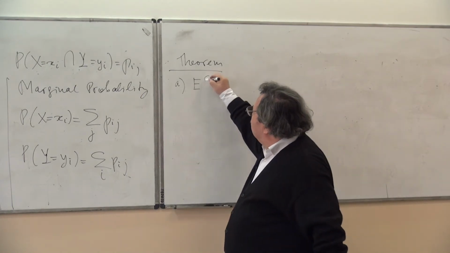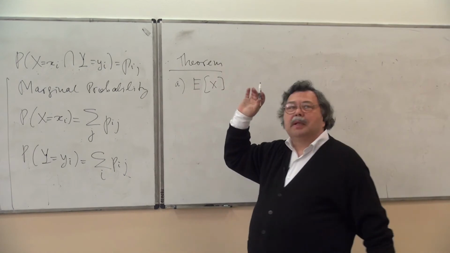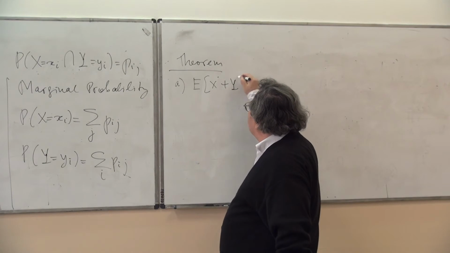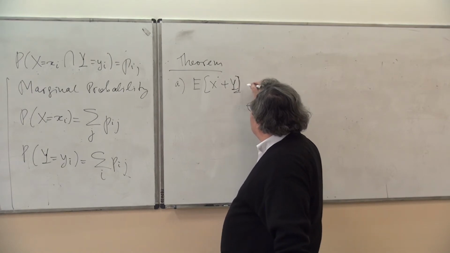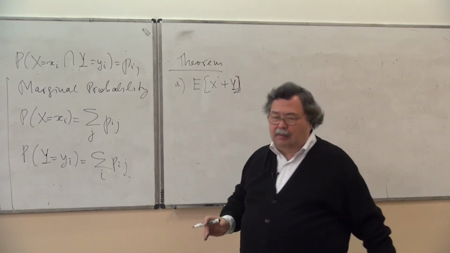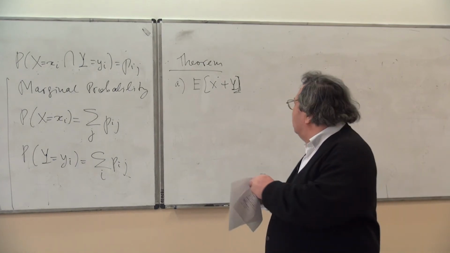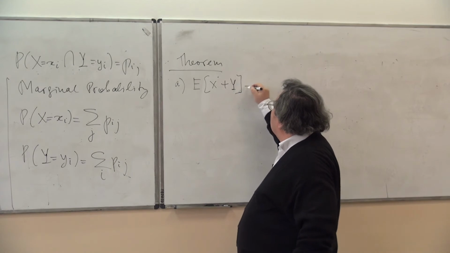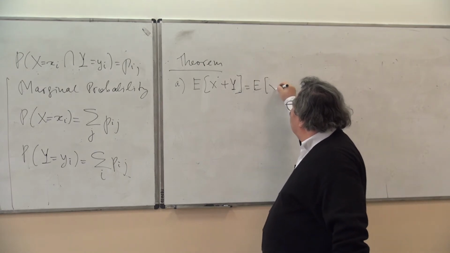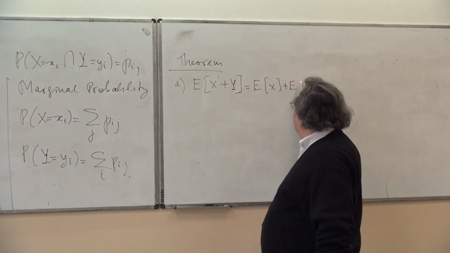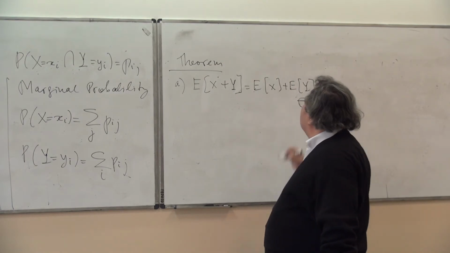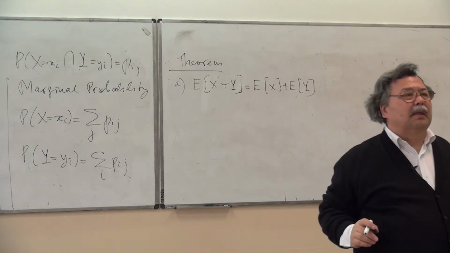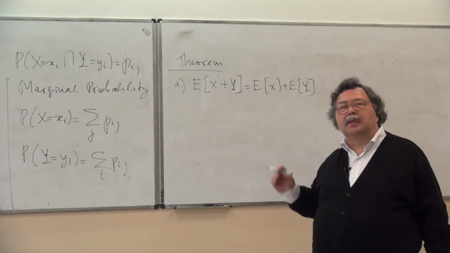For one thing, square brackets are accepted in this formula, and it's like this. Okay, so the expectation of the sum of two random variables is equal to the sum of the respective